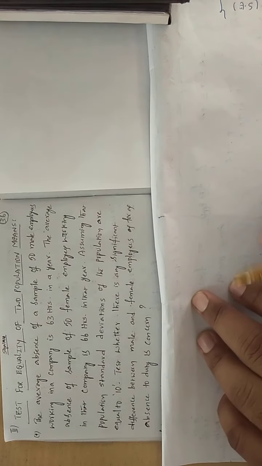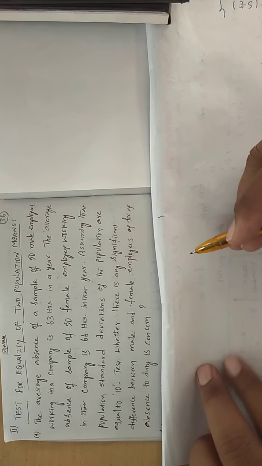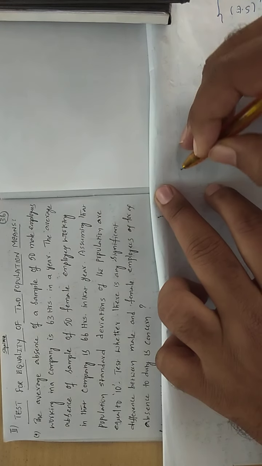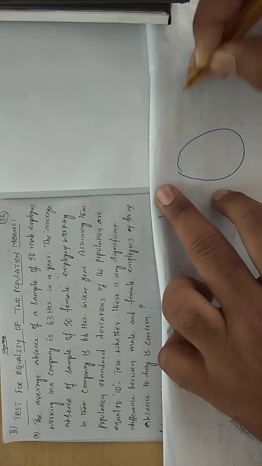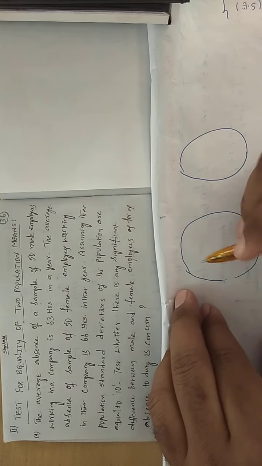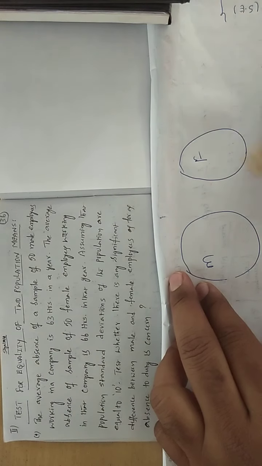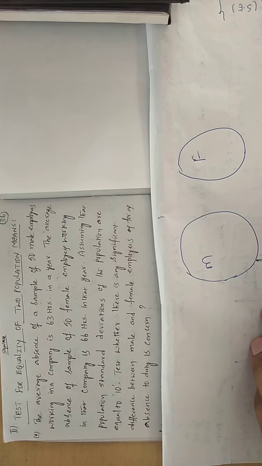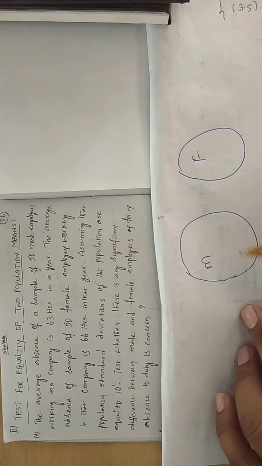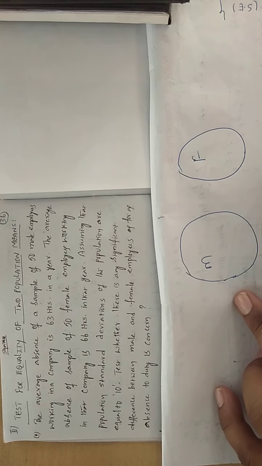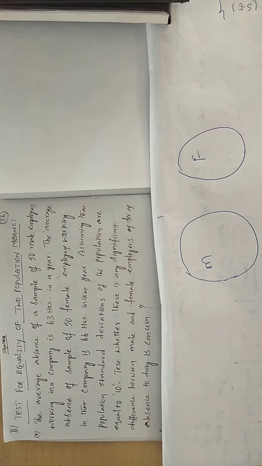And also male and female. So what is the comparison here? We are comparing two things. One is male and one more is the female. So let us suppose this is the male and this one is the female. Earlier we discussed population means about the cities, but here the populations have different characters altogether. One population is the male population, one more population is the female population.